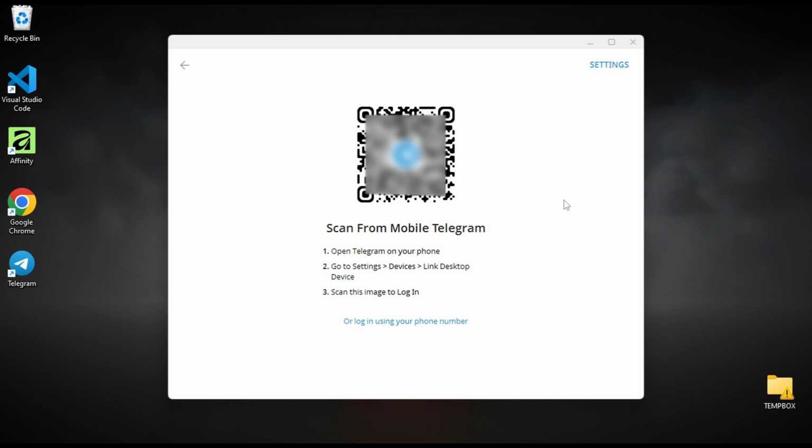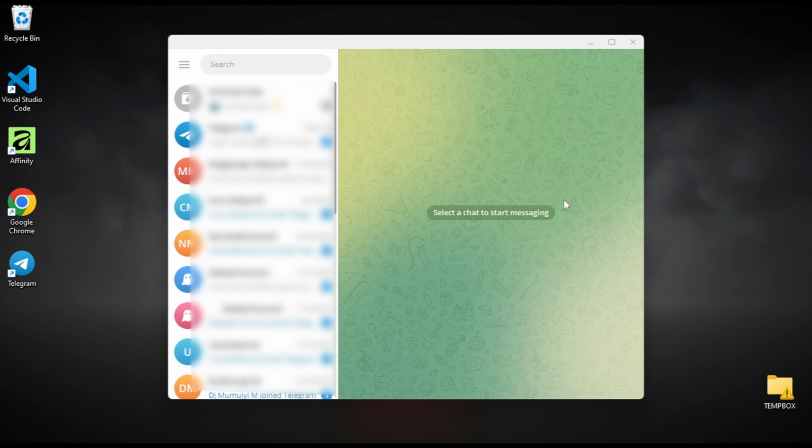Open Telegram on your mobile device. Tap on Settings, then select Devices and choose Link Desktop Device. Scan the QR code displayed on your PC screen using your phone's camera. Your account will sync instantly and you're all set. That's it. Your Telegram desktop app is now fully